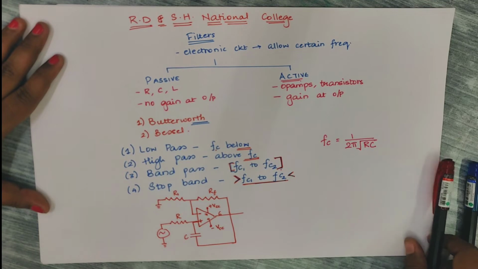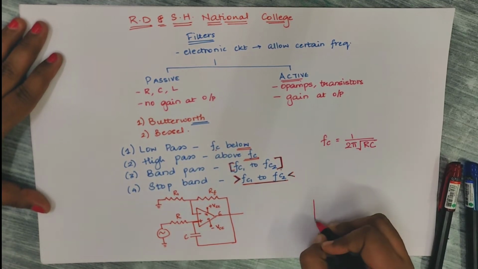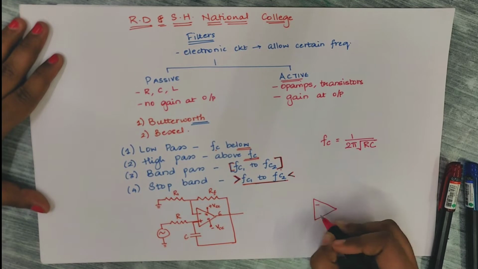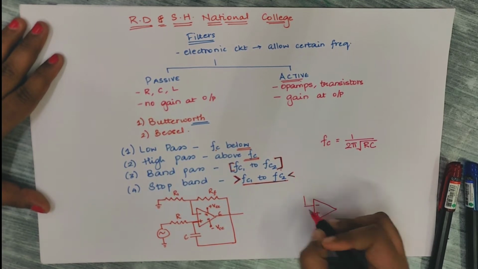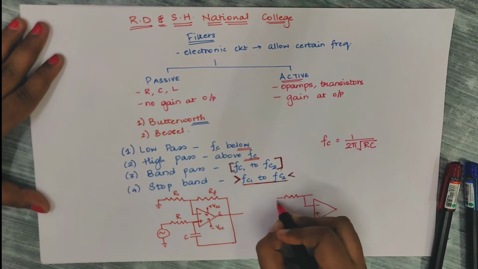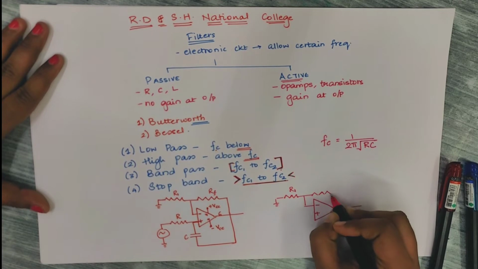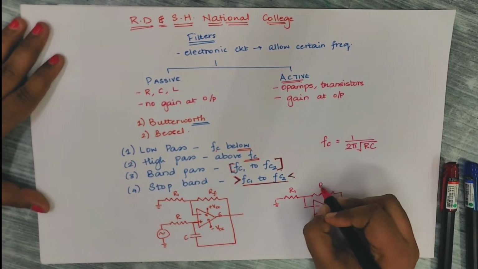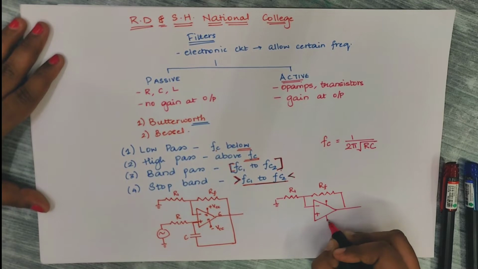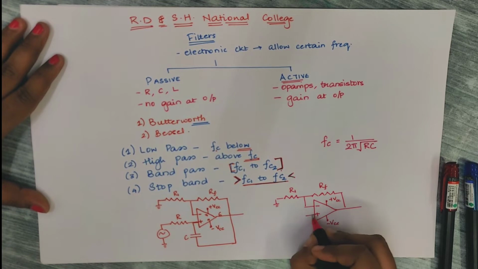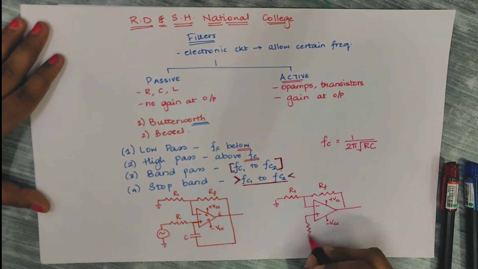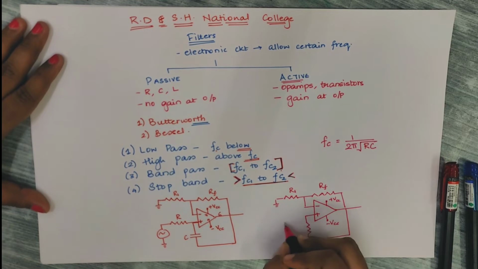Now when I come to high pass, how high pass looks is, again you will have your inverting and non-inverting edge. The inverting edge is connected to a voltage divider where you have R1, and you have a feedback resistance connected to the output. This is RF, obviously plus VCC and minus VCC, which are pins 7 and 4. Now in this case you have an R connected to your output as feedback, and you have a C here which goes to the active supply or AC signal.